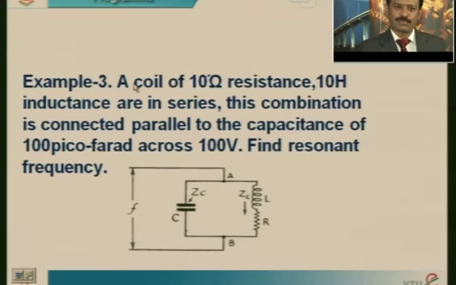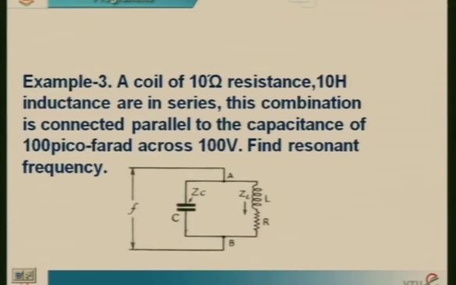Suppose in the problem in example 3, resistance is given, inductance is given and capacitance is given, and they are connected in this fashion. R and L are connected in series, and with that combination C will come in parallel. And use that expression, that is